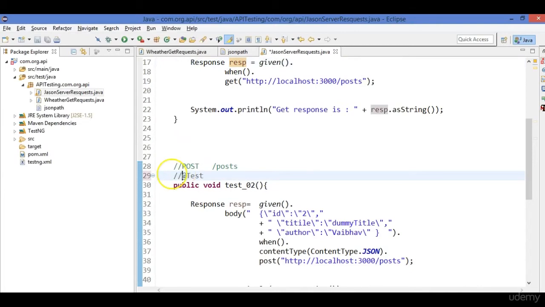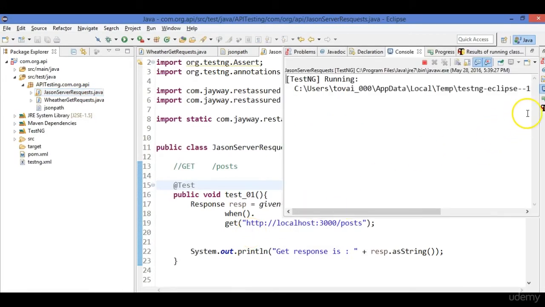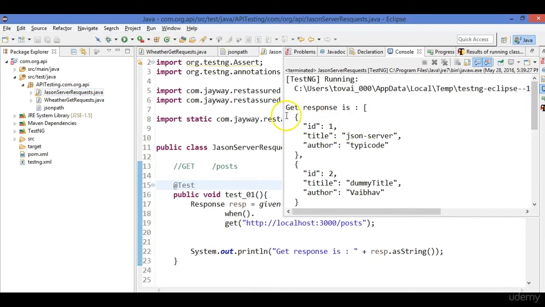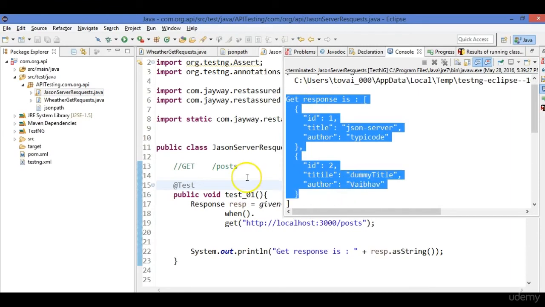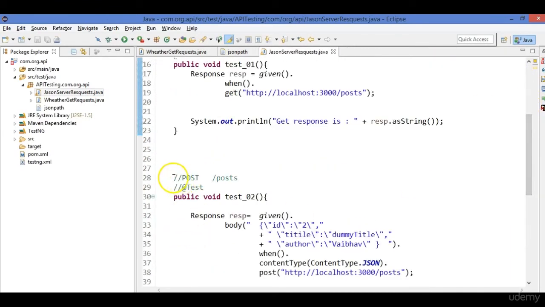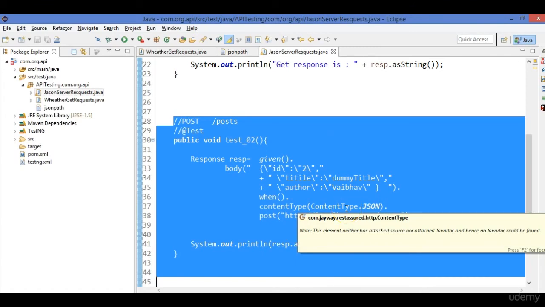If I comment this out and run the get request again, let me run this. You see, now I'm getting 2 responses here. Before I was getting one. So this post request has been successfully updated on the database. I have added a new ID and it is proved with the help of the get request. So we have sent this get request. There is one more get request